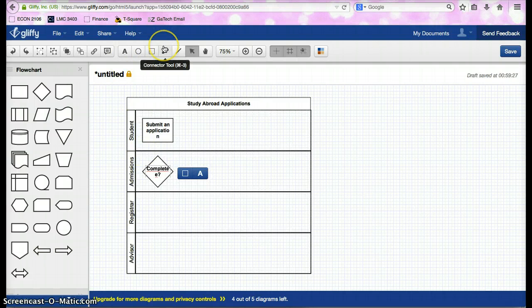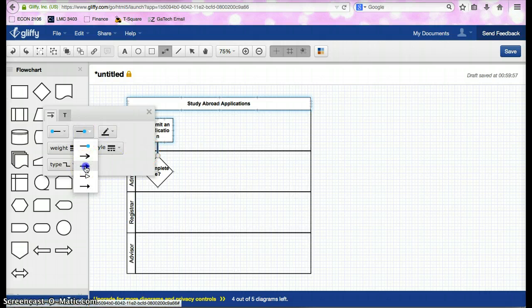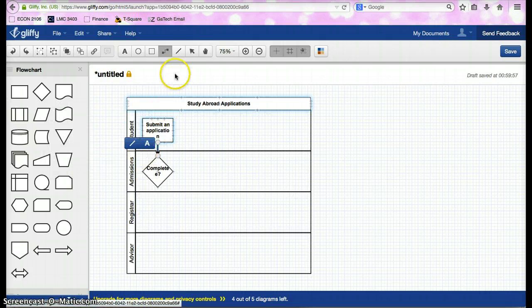To connect processes, we simply use the connector tool, show that it's going this way and that way, add an arrow, and then for the yes or no questions, if it's a no, you add no, and you write a letter of rejection. And if it's a yes,